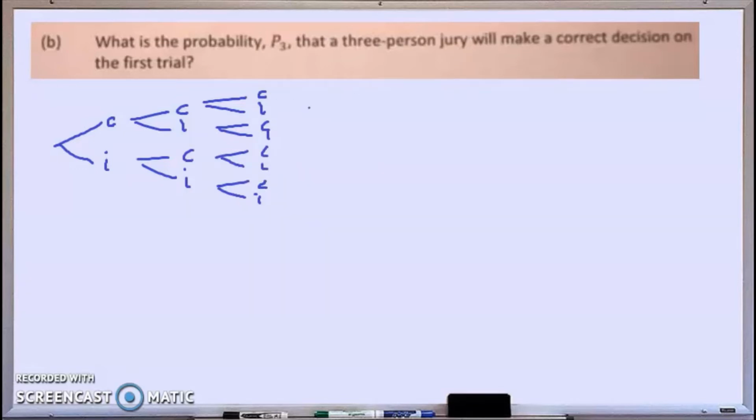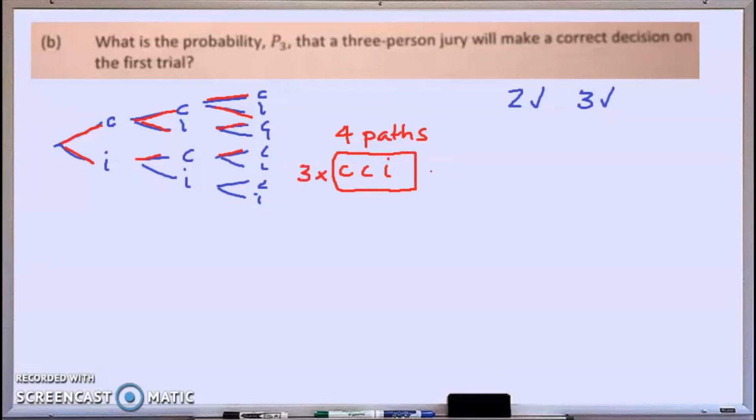Now, for the jury to make a correct decision, it needs 2 correct or 3 correct. So it can have one wrong. So the paths that we could take are all 3 jurors being correct, 2 jurors being correct and 1 being incorrect. Again, here's correct, incorrect, and correct, and then incorrect, correct, correct. So we can see that there are 4 paths. 3 of these paths are correct, correct, incorrect in one order or another. So there are 3 of them that have these in some order, which means the probability is going to be